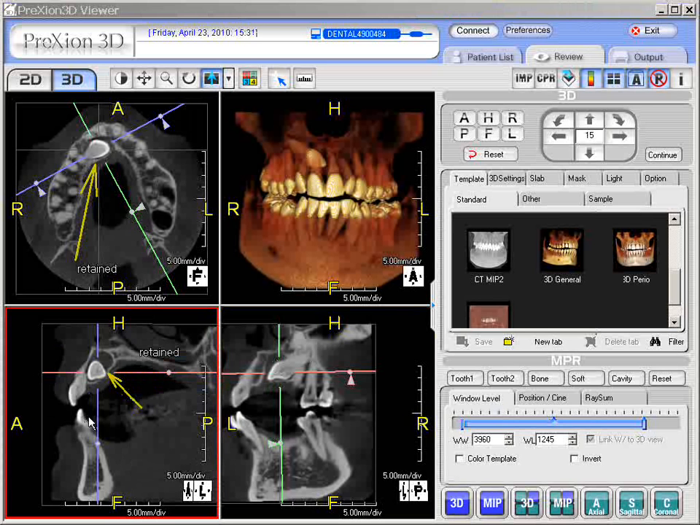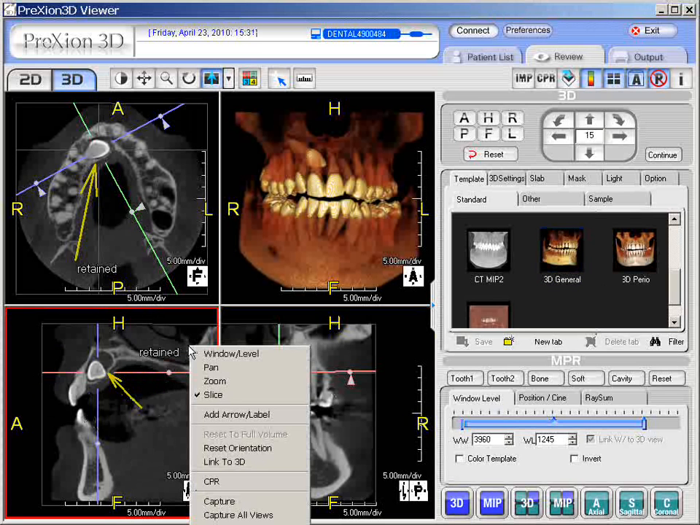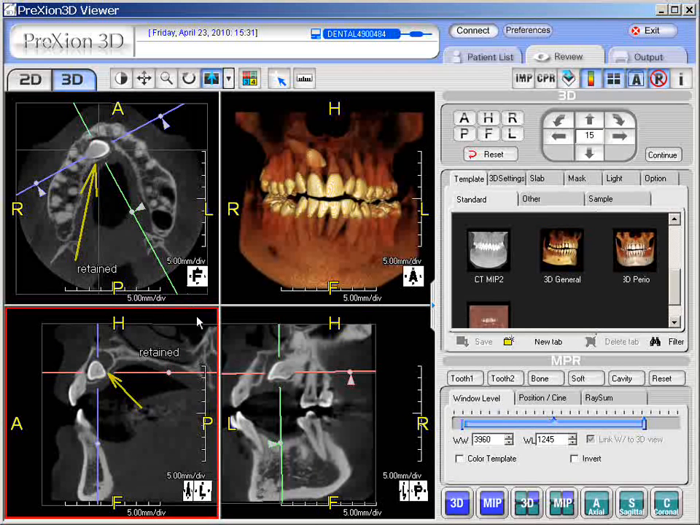If you want to later save it to capture it, we'll talk about this in another section, you can right click it and say capture. If you hit capture, it'll capture just the one screen, or if you want to capture all views, it'll capture everything on the screen. The other quick way of doing that is you can pick the screen you wish, and